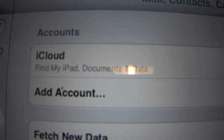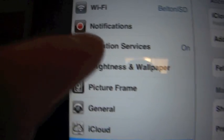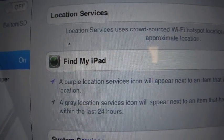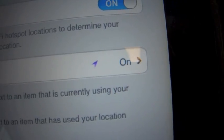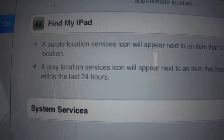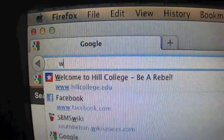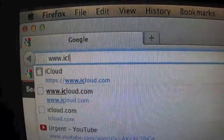One more thing you need to do to make sure that it works right. Once iCloud is set up, go to Location Services in the left-hand column of the General tab and make sure that Location Services is turned on, or the Find My iPad app won't work properly. And make sure the Find My iPad is on. So let's see what that looks like. Now that you have the Find My iPad set up on your iPad, go to